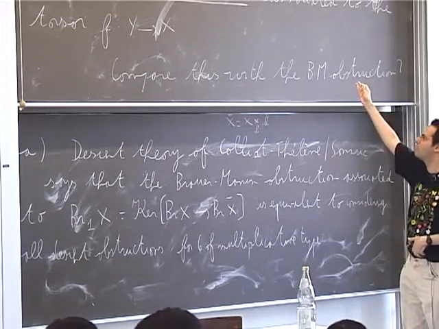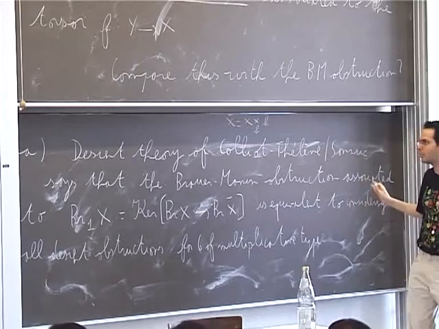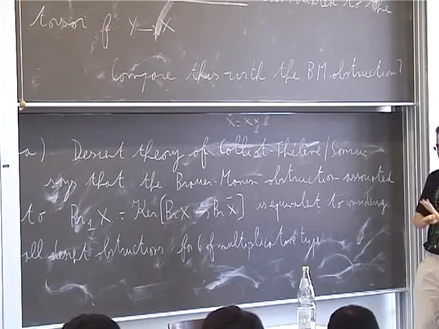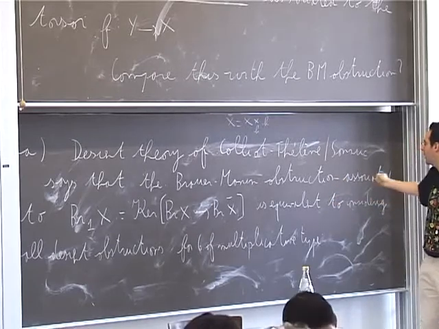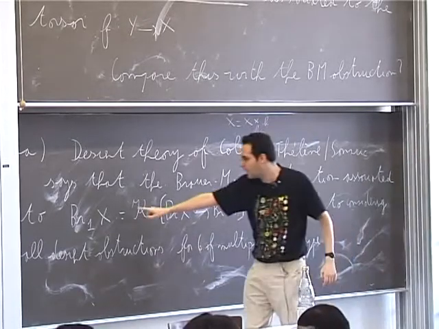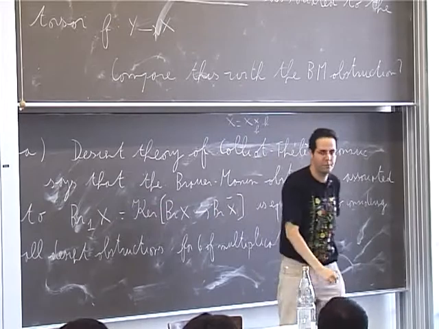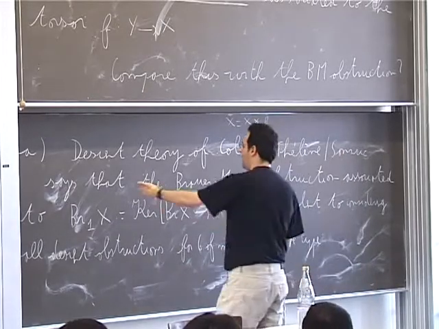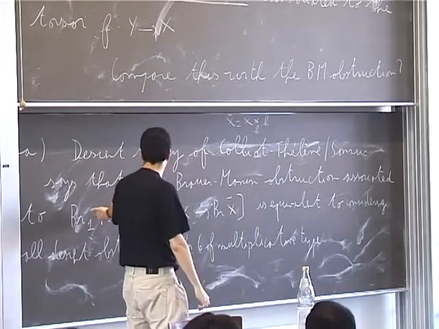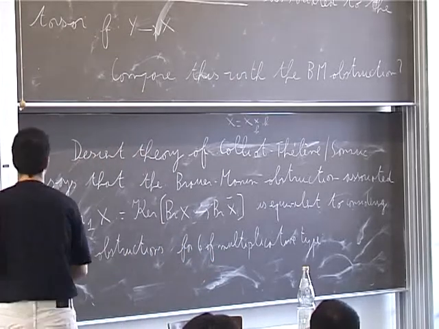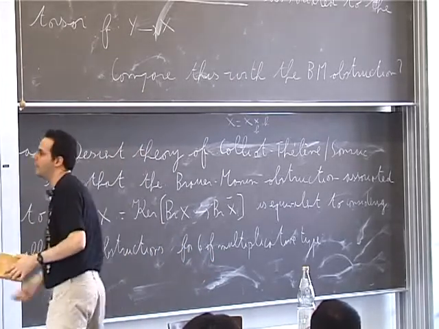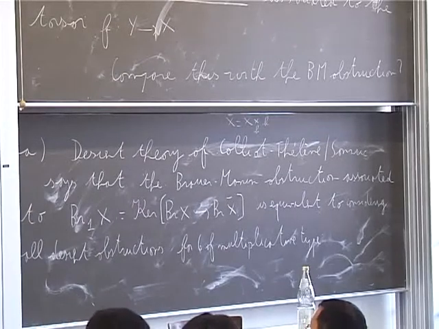Using these descent obstructions, you do not refine the Brauer-Manin obstruction. Basically, if you consider all these descent obstructions, you get the same thing as the Brauer-Manin obstruction associated to algebraic elements of the Brauer group. And now, you can ask what happens if you consider Brauer-Manin obstructions associated to elements in the whole Brauer group, not only algebraic elements like this. So here is the answer.